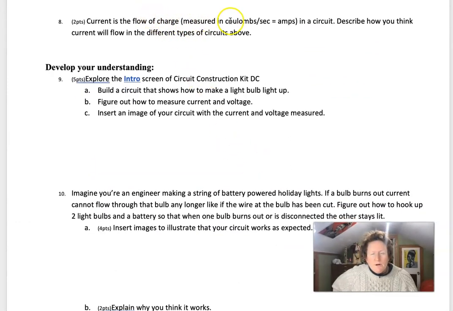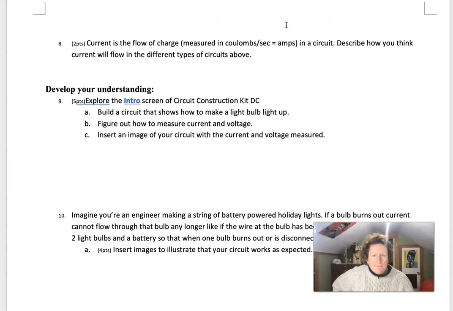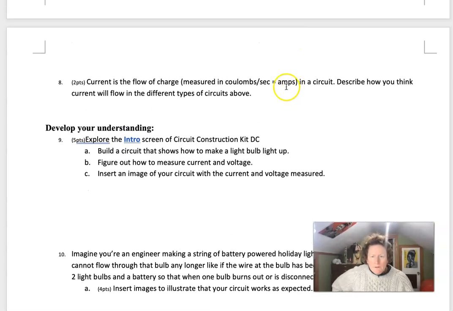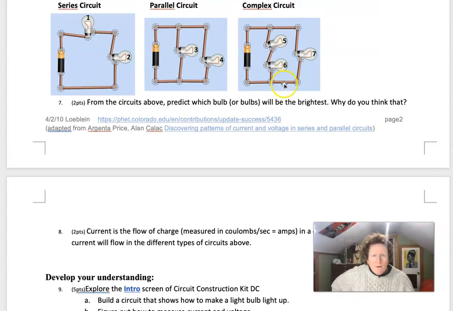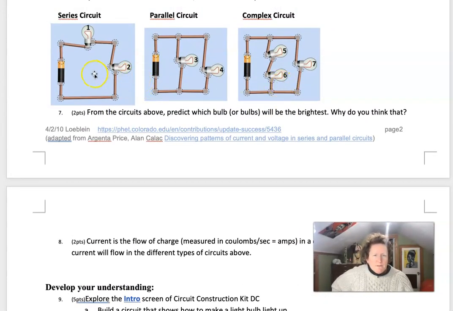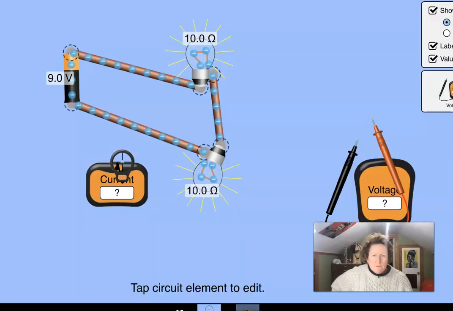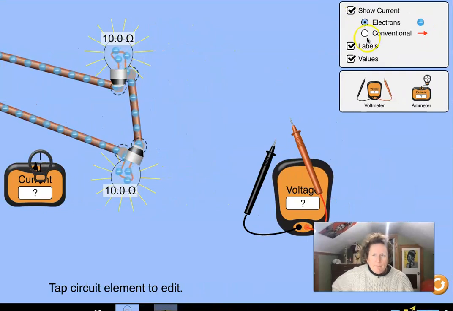Current is the flow of charge measured in coulombs per second or amps in a circuit. Describe how you think current will flow in the different types of circuits above. You can either make a good guess, or you're welcome to build these circuits. I've basically built circuit number 1 here, and if we want to look at the direction of flow, you can look at that. It goes into the light bulb, around,